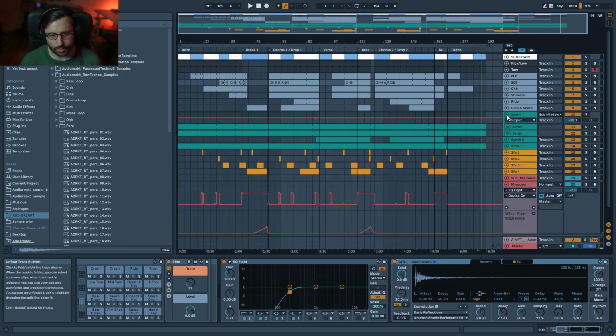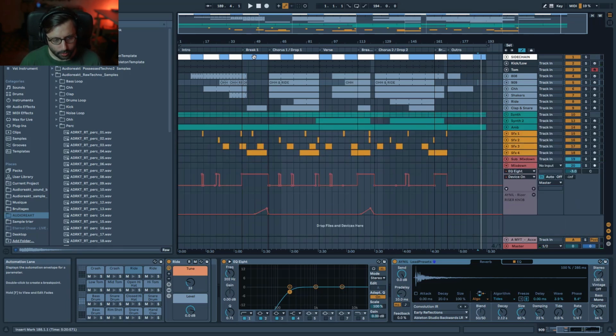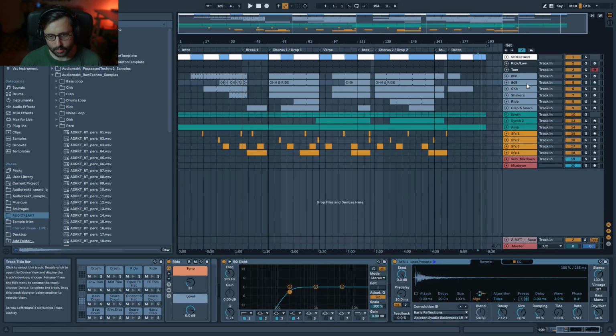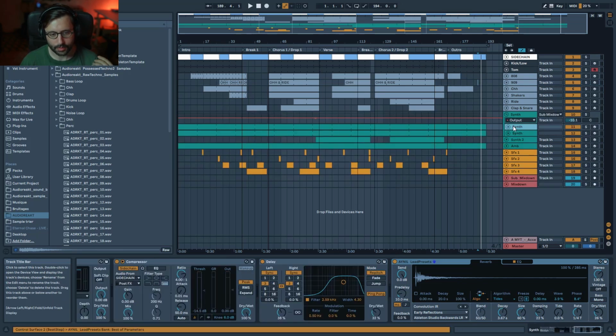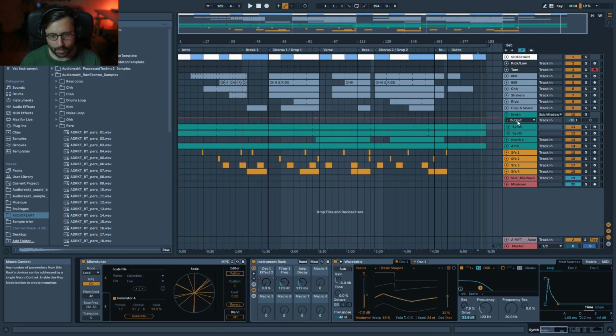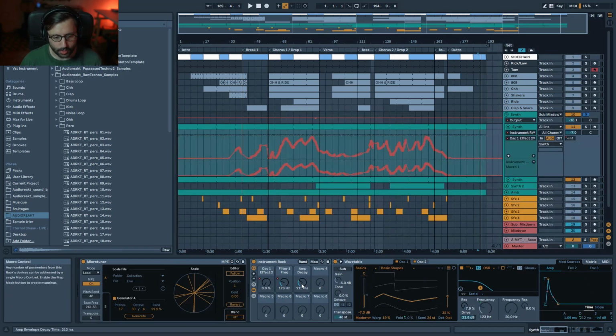It's pretty straightforward. Now let's talk about automation and variation. I showed you a little bit of it already. This is always super important, especially for this kind of track where you have a simple pattern, to add a lot of variation. So here I play with the synth filter to open it and make the sound brighter, but you also have this macro mapped to the fold, which creates this folding effect, which is kind of pitching up a little. So it allows you to change the timbre of your sound, but without really